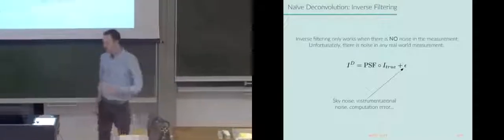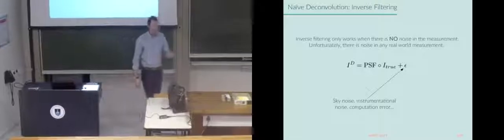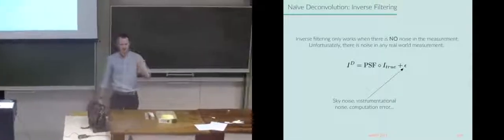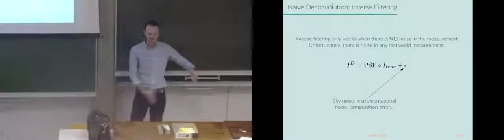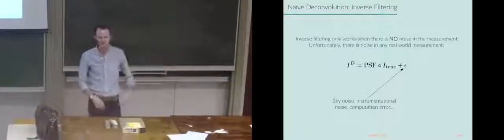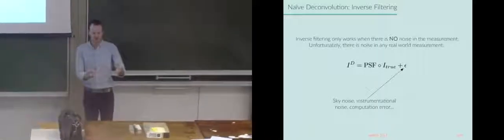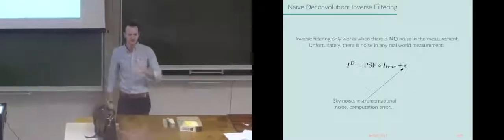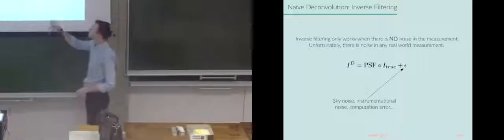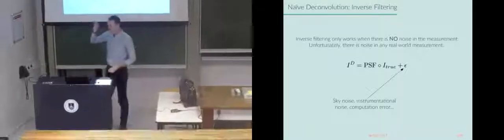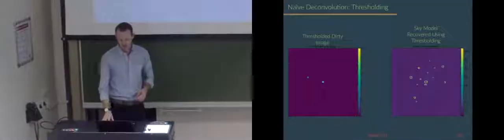When we go out and use an interferometer or an aperture array, we're trying to observe some source that's inherently weak, right? Because anything that's strong, people have already observed, or because there's limited telescope time, you're only going to be allowed to observe enough to get a little bit of signal to noise on your object before you have to move on to something else. So you're never going to be in an environment where you can do inverse filtering in interferometry.